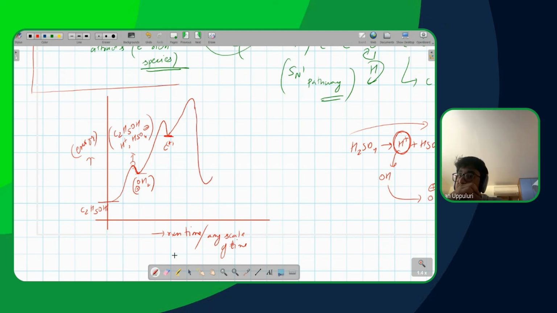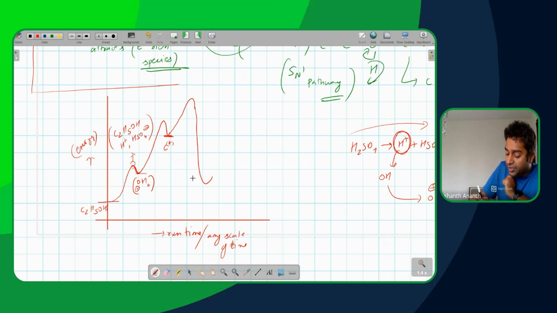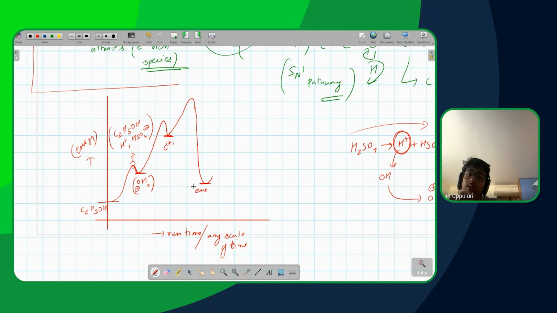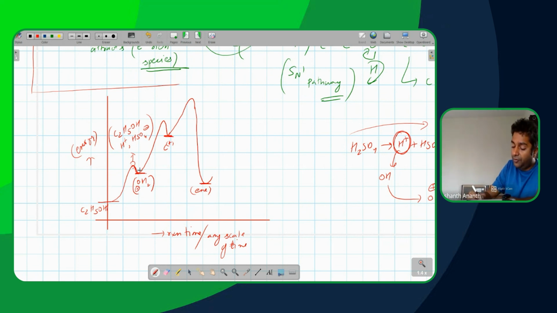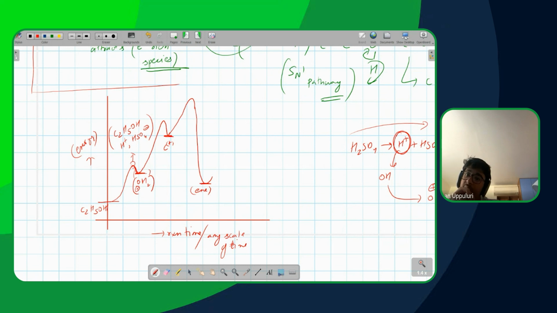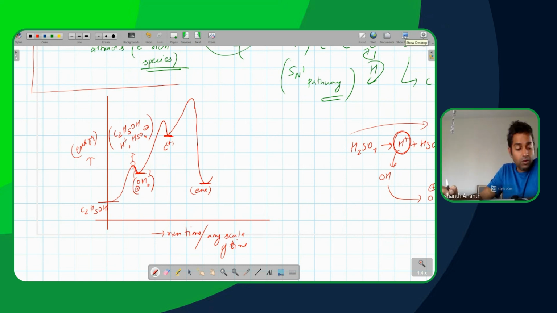Now, I put the major dip here. I was unhappy with the previous stage because I put it above this. That is wrong. What is the product formed here? Alkene, correct? The alkene is going to be lesser than the alcohol in stability, but definitely far more than the OH2 plus, positive charge obviously. So why is it lesser than the alcohol though?